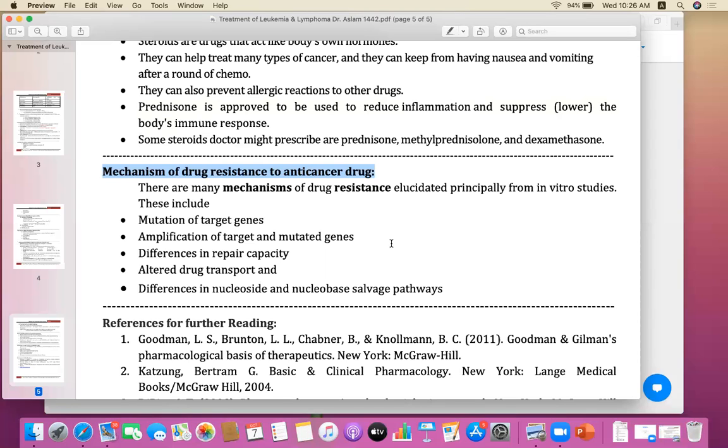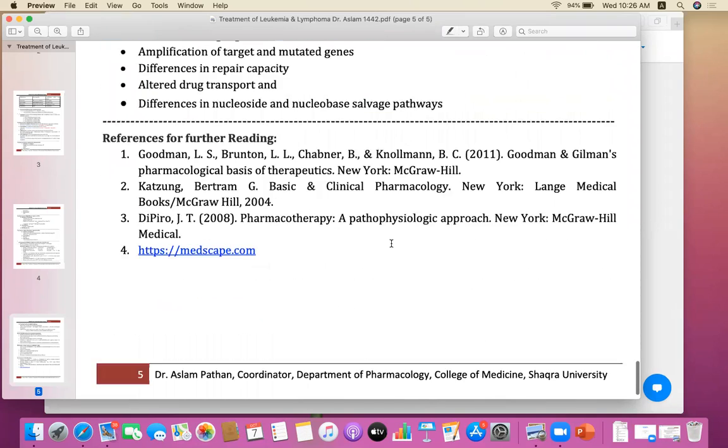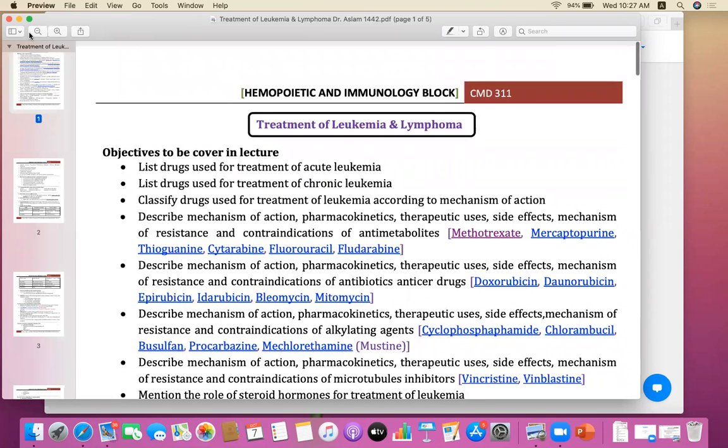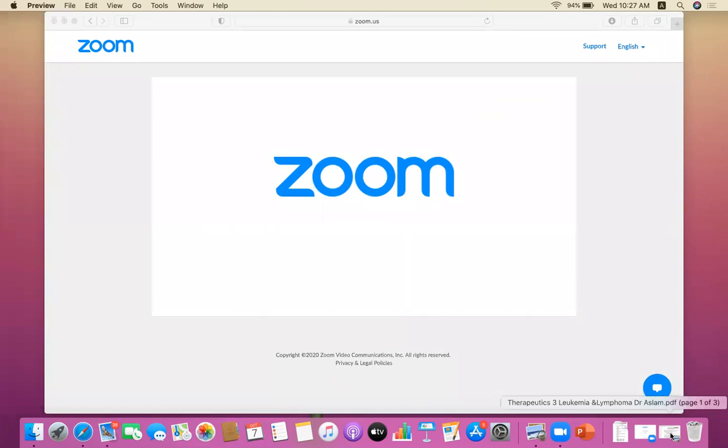Differences in repair capacity, altered drug transport. Sometimes the drug is not able to reach the site of action, and if the drug is not able to reach the site of action, resistance develops. And differences in nucleoside and nucleobase salvage pathways. Nucleosides and nucleotides are the main targeting molecules in the management of cancer. If they differ, it will create resistance to the drug's action. These are the main common mechanisms of drug resistance, and that's why the cancer is not able to be treated properly. So these objectives were remaining from yesterday's lecture. That's why I repeated them today. So please go through it and read, and now we will move towards the main